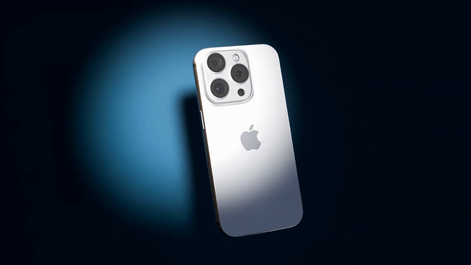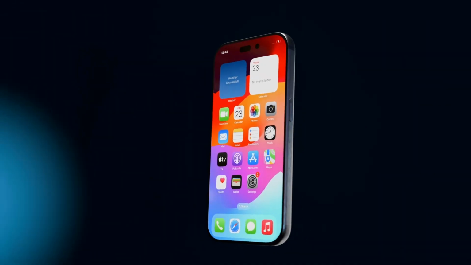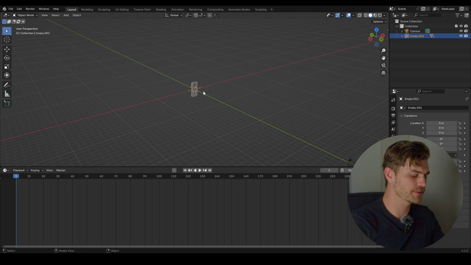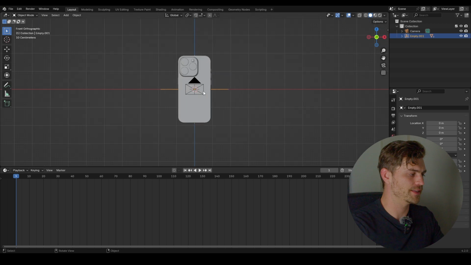Alright guys, it's time to make an awesome looking animation, so let's get started straight away. You're going to learn a bunch of stuff. We're going to be working in the graph editor, we're going to animate this telephone and make it look slick and professional. So the way we're going to do this, I'm going to press 1 and the iPhone is